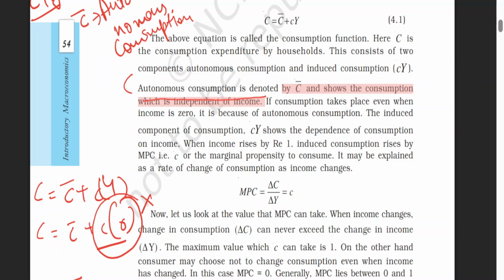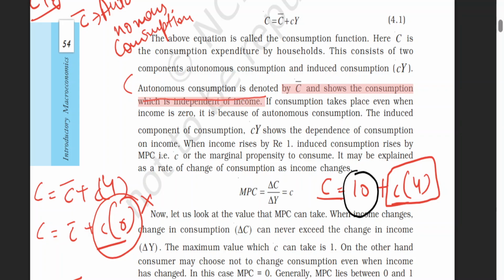It hardly depends upon the income. Whatever the income is, this value is going to remain the same. Like suppose I have framed the question like 10 plus cY. Now, whatever the value of this particular factor is in the consumption function, this 10 is going to remain constant. It is not affected by a change in income even by a single unit. Right, so this particular 10 is constant and independent of change with respect to income. This is not going to change if your income is changed, right?